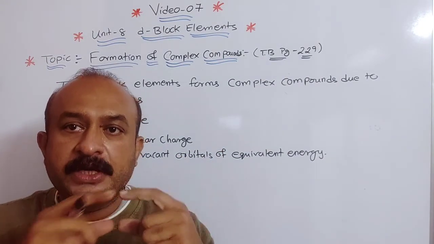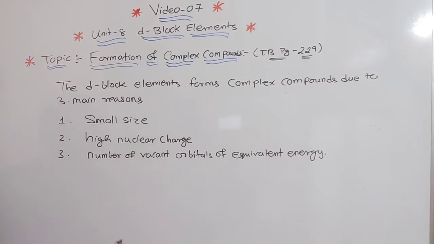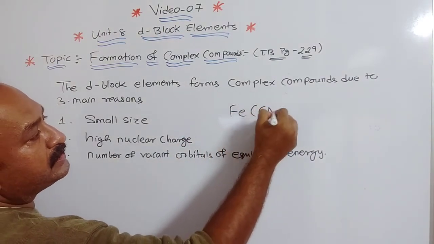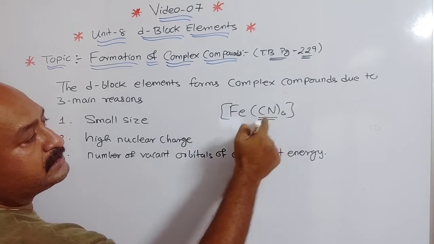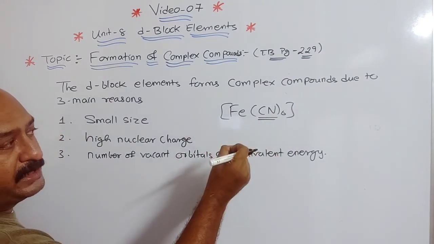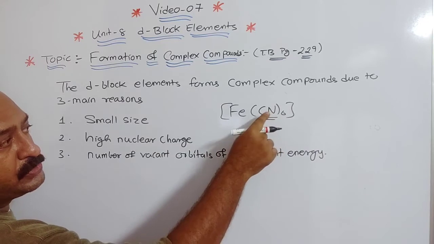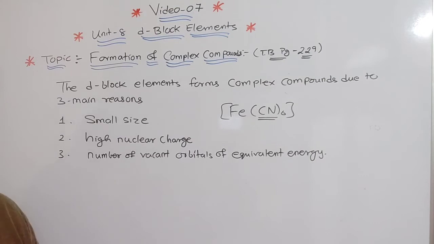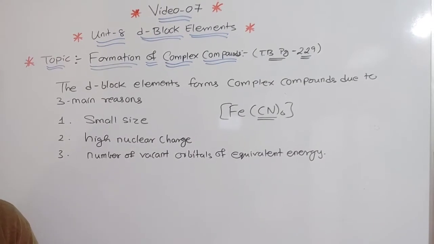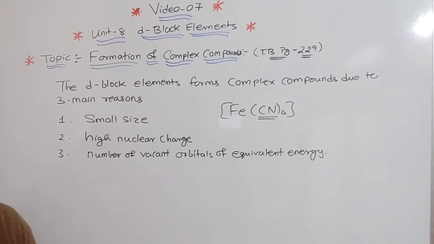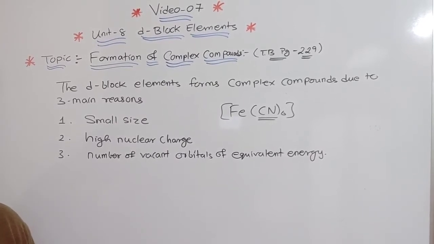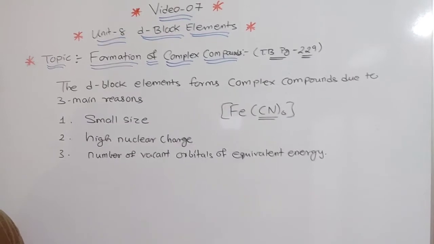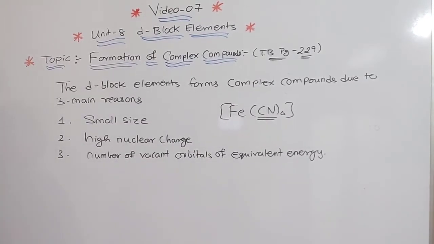Now the energy of these orbitals must be equal to that of the ion which comes nearer and forms the complex. Suppose we write Fe(CN)6. Here CN is the one which comes nearer to Fe to bind and form a complex compound. So the orbital energy of CN6 and Fe must be equivalent. This is the main reason. So what we wrote here: number of vacant orbitals of equivalent energy,